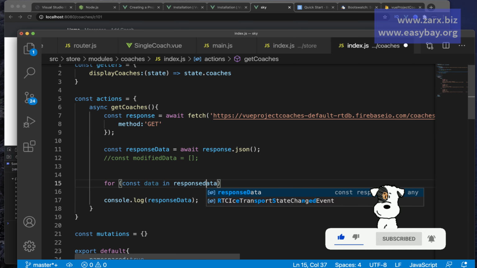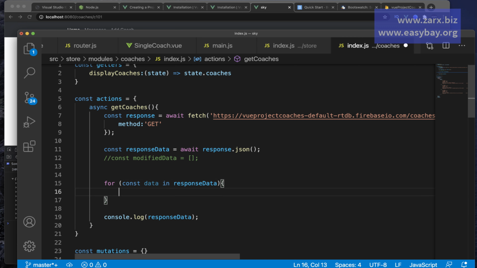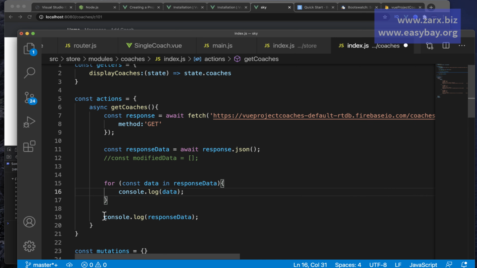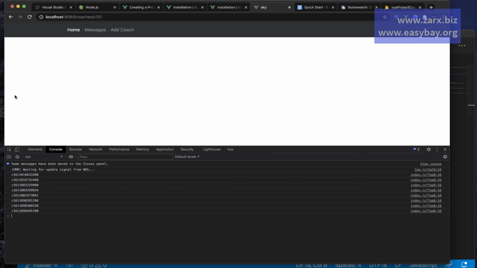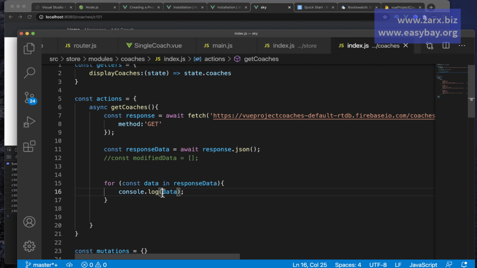All right, so this way you can loop through. Now you can see what data is, so you can say console.log data. All right, so I'm going to remove this console log for now, and now if you see here, we get the ID for each data. That means the data is the ID, so we need to pass ID as a key